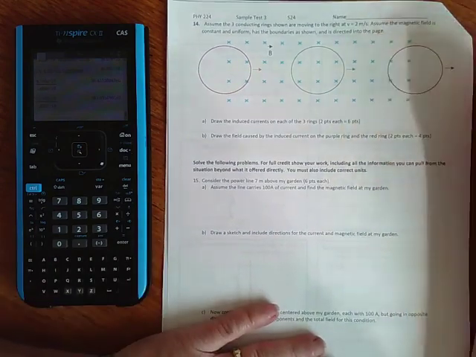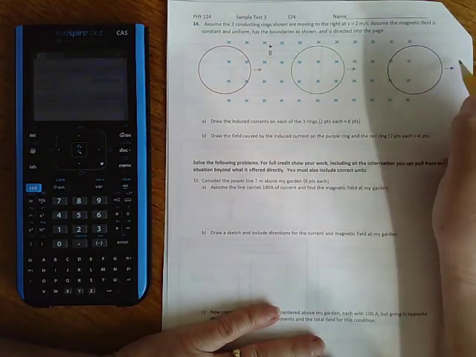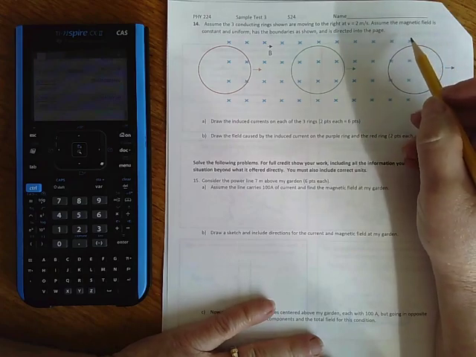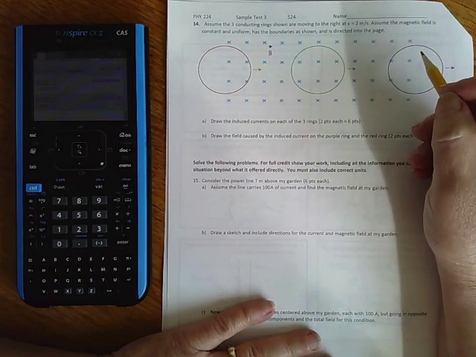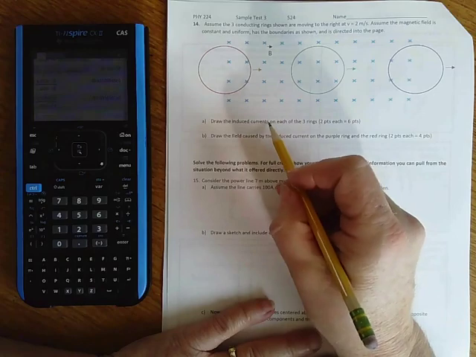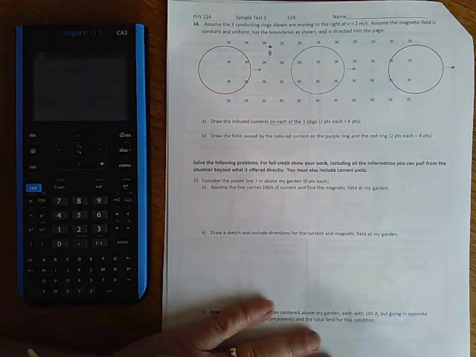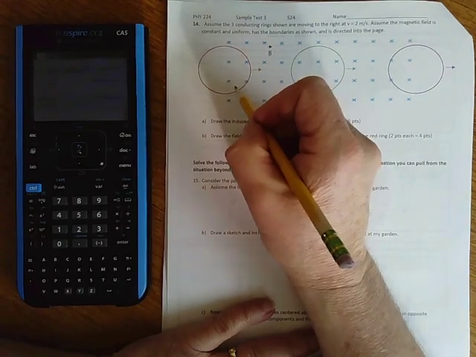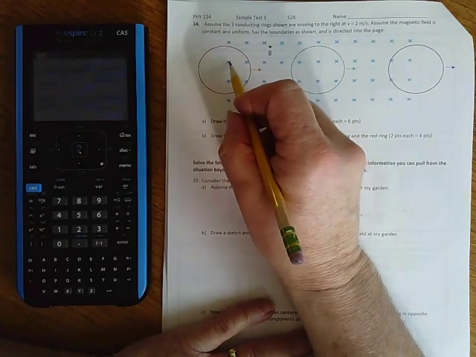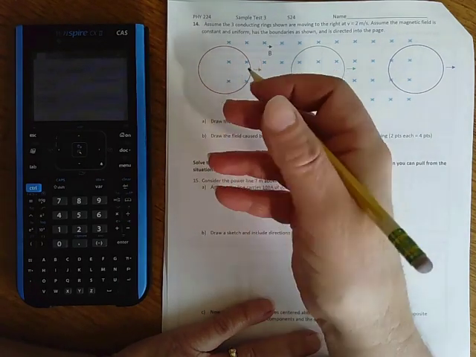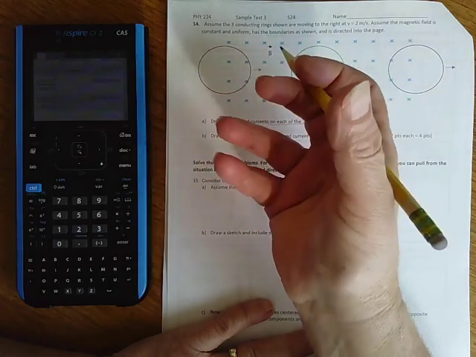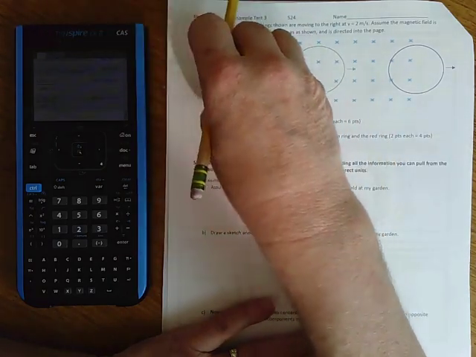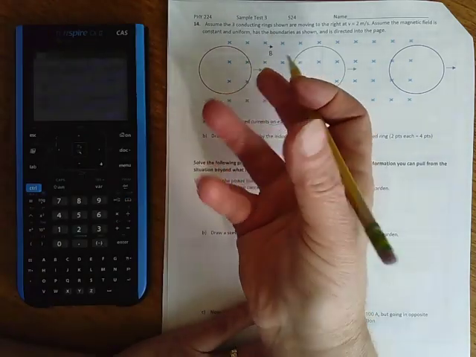Assume 3 conducting rings are moving to the right at 2 meters per second. Assume the magnetic field is constant, uniform, has the boundaries shown, and is directed into the page. Draw the induced currents on each of the 3 rings. Okay, so this first ring is coming in, so it's feeling a growing field down. So it's going to say, no, I don't want it down, I want 0. It's coming from 0 field, so the field is growing down,